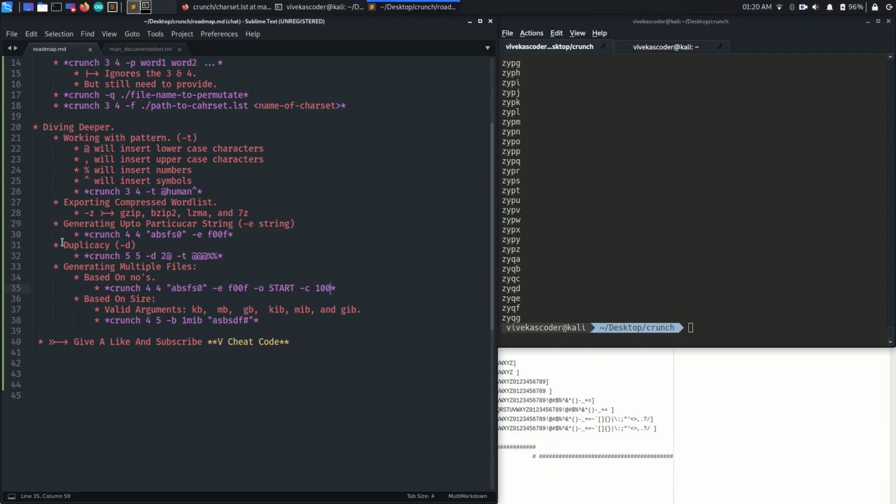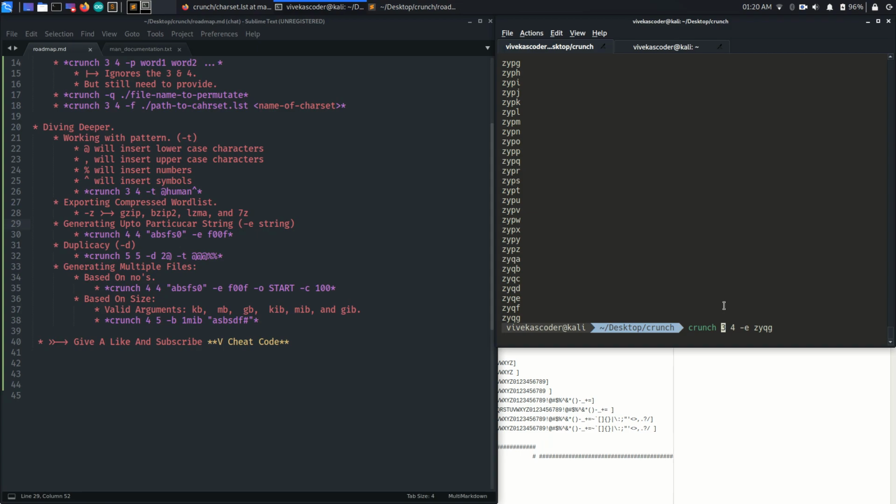Now we're going to talk about duplicacy. So let's say you want to generate a word list, but you know that a person's password only contains 2 lowercase symbols, or 2 uppercase symbols. You can implement that word list as well using crunch with the help of -d.